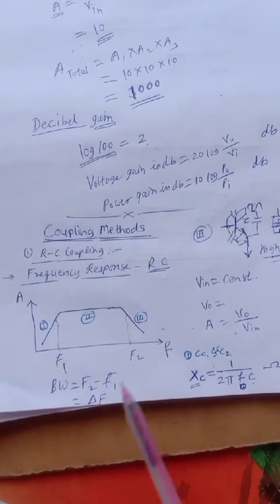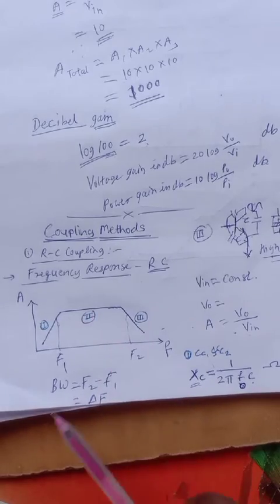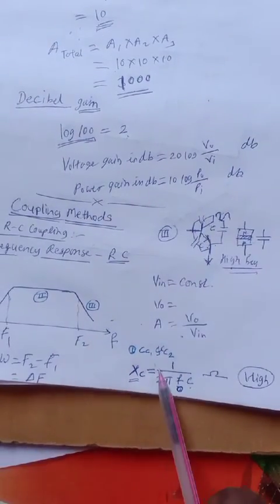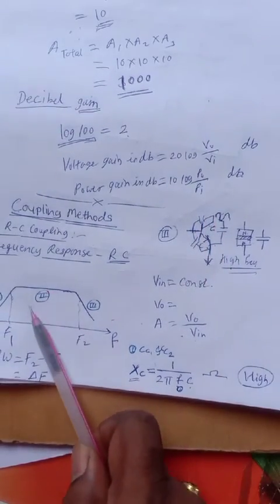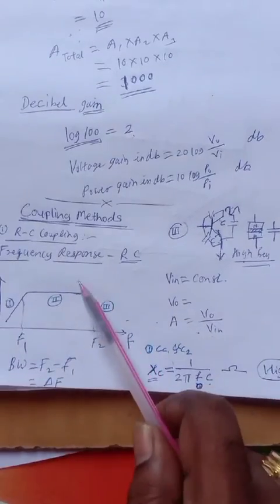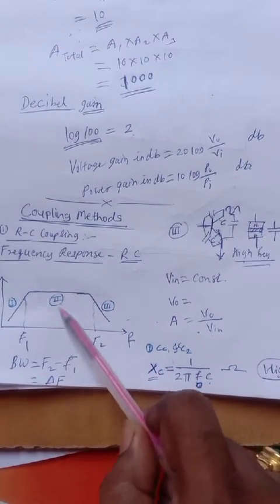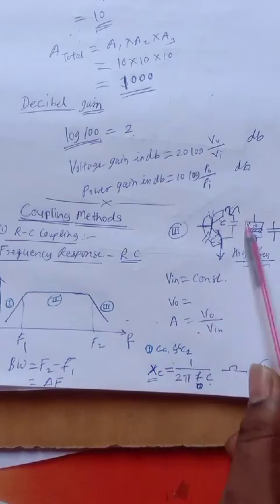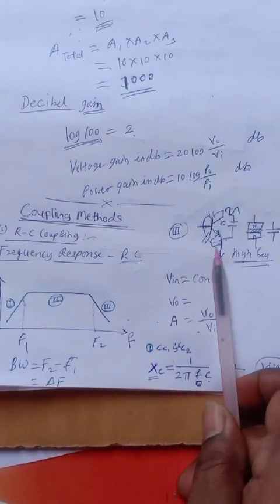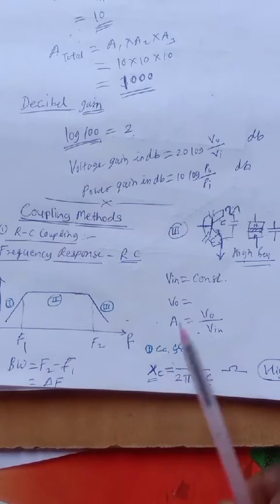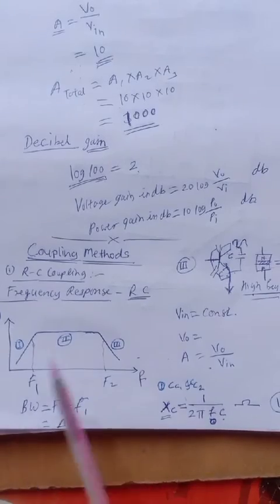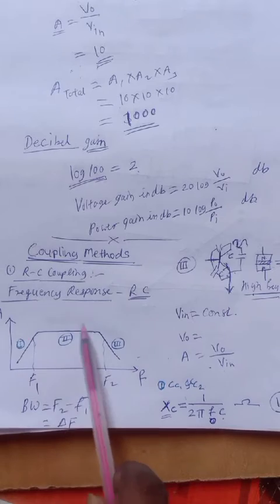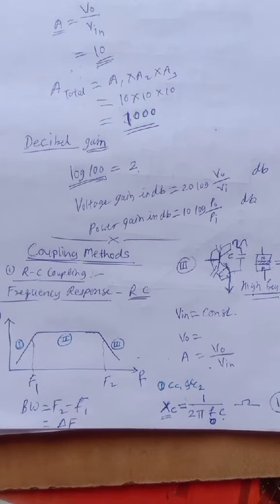Okay, so why is this happening? The first part is because of the coupling capacitors, the third part is because of the inter-electrode capacitors, and the second part is because of the constant input voltage. Maximum input voltage is connected to the base, and these two factors are not in action. That means these are deactivated or cancel. Okay, so this is the frequency response, because of this condition we get this one. And this is the bandwidth, or the range of frequency over which the response becomes constant.